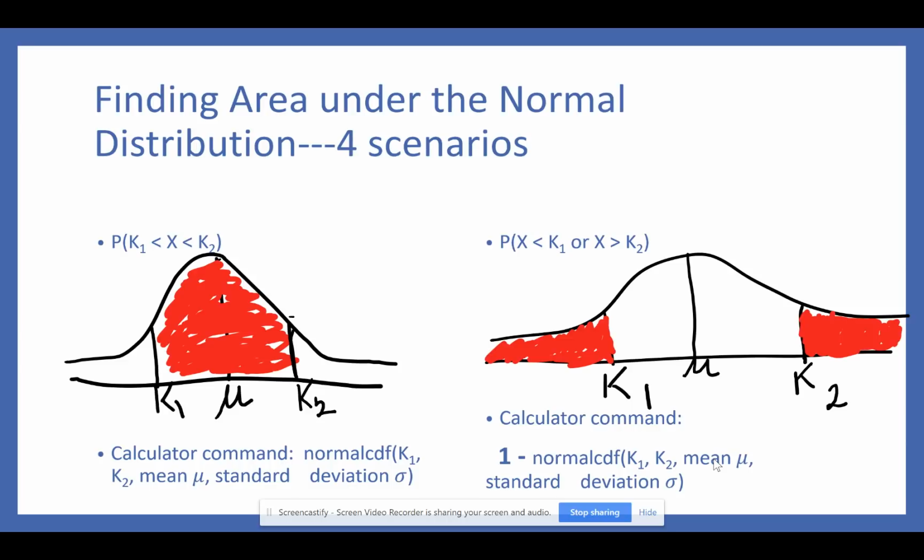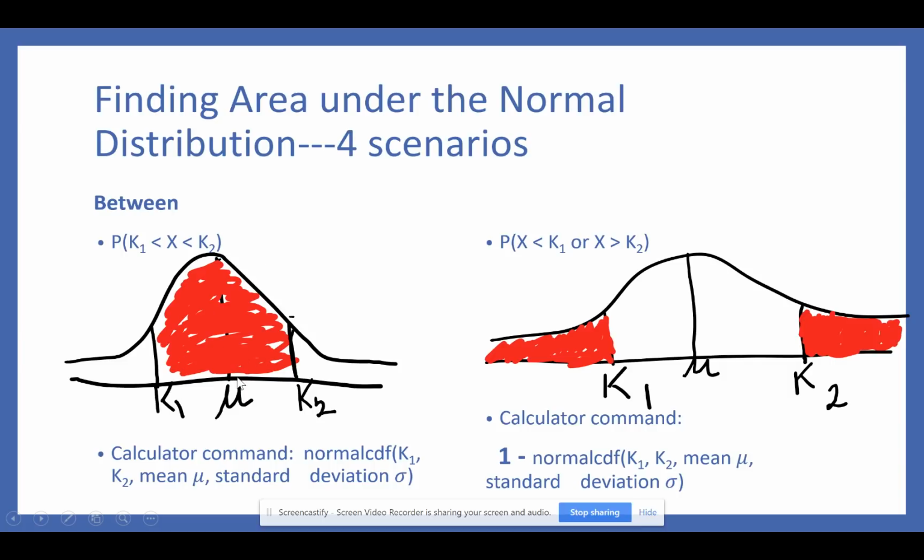The third scenario is a between, where we want to be between two numbers. So we would have the probability that K1 is less than our variable X, which is less than K2. Visually, you have your horizontal number line with your bell-shaped distribution. The mean is still in the middle. We indicate the location of K1 and K2, and then we want to be between those two numbers,